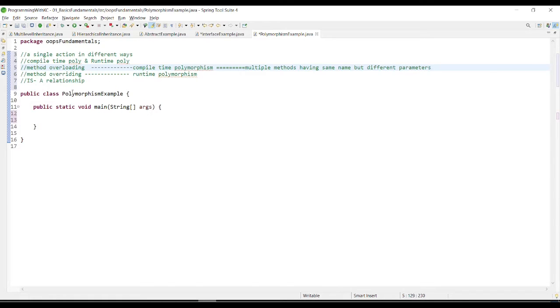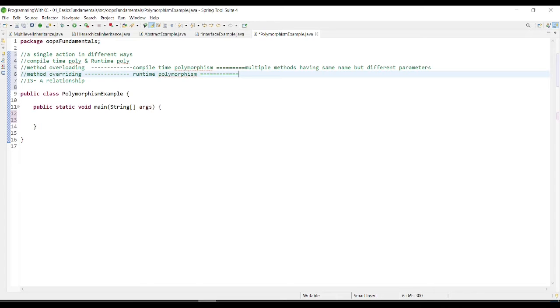And in runtime polymorphism, you have the same method with the same parameters, so it can be overridden. The method can get overridden by the child class, or you can say the subclass.